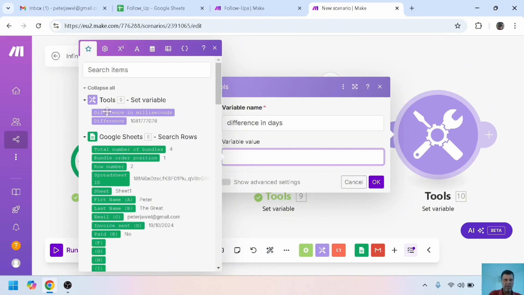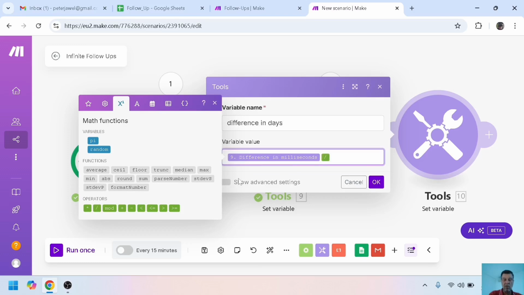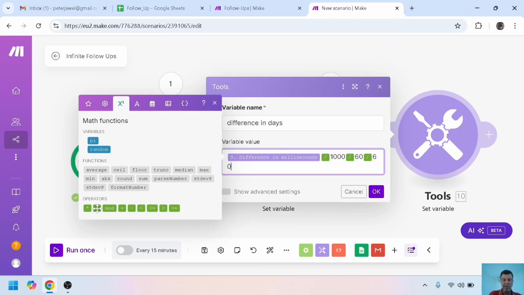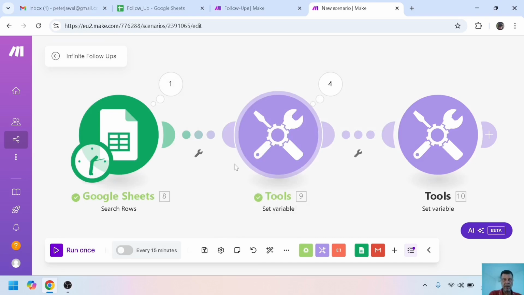So we have difference in milliseconds. There are 1000 milliseconds in 1 second. There are 60 seconds in 1 minute. There are 60 minutes in 1 hour, and there are 24 hours in 1 day. And now if we run this again,